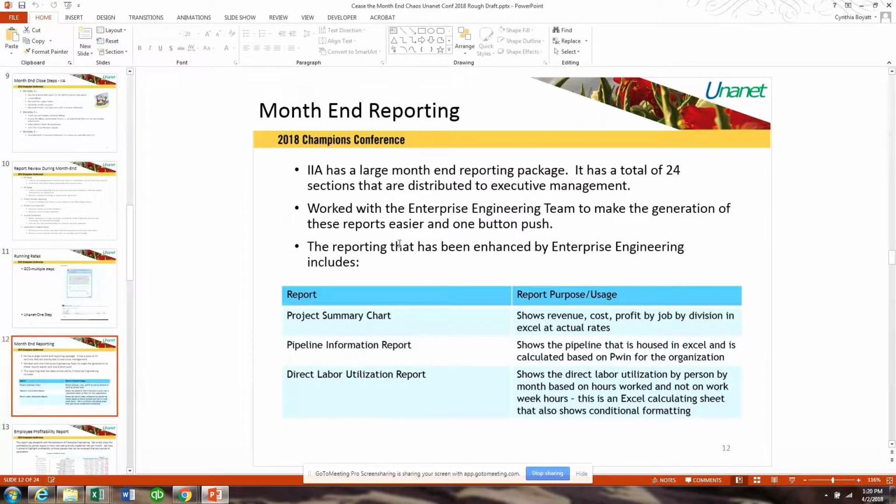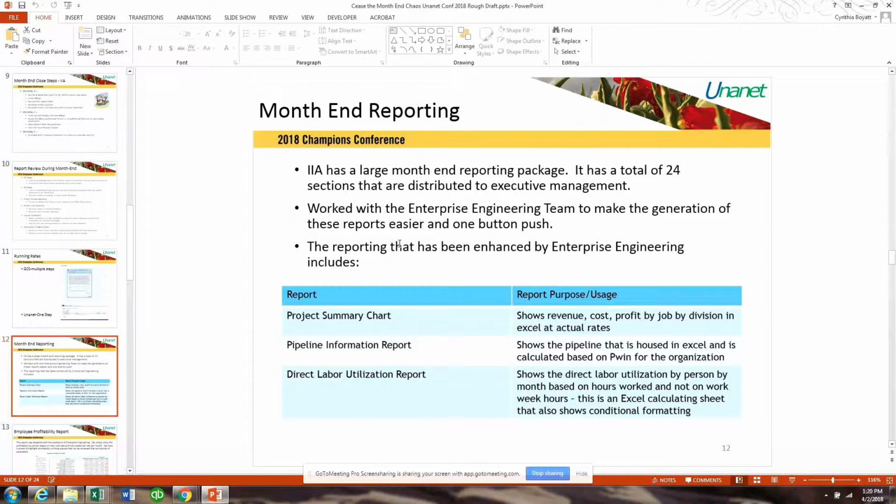Month-end reporting. We have a large month-end reporting package. Some people don't, some do. Our month-end reporting package in GCS literally had 7 sections in it because those were the 7 we could get out of the system. It has a total of 24 sections now that are distributed to our executive management team and board of directors. We worked with enterprise engineering to make the generation of the reports easier to give me